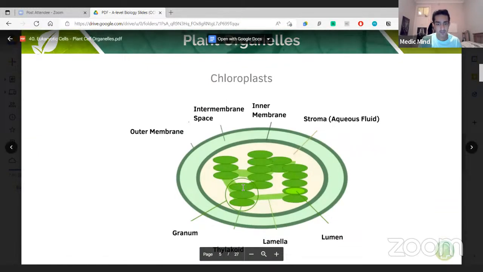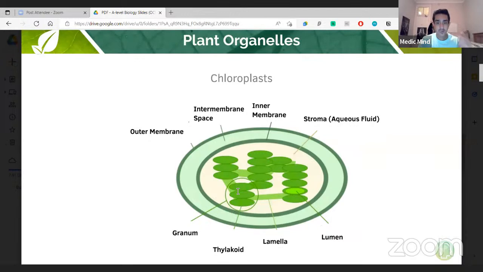So chloroplasts are made up of structures of grana. Grana are stacks. So a granum is a stack of thylakoids. Thylakoid is a very similar structure to the cristae, and it's the thylakoid membrane that